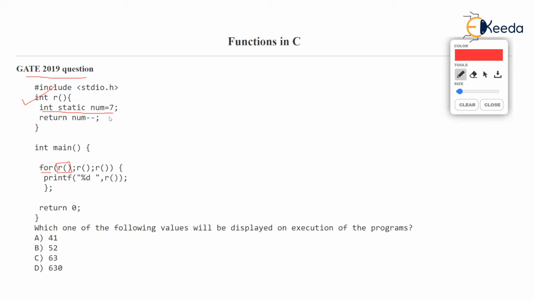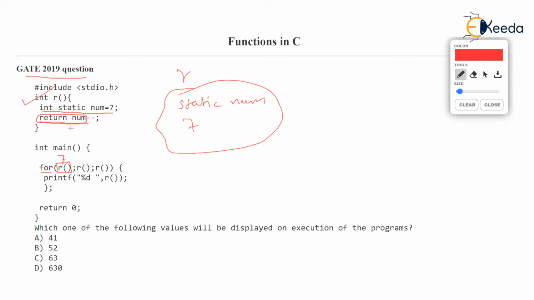But now here I am drawing a section of R, and in that there is a static variable called num, and num is 7. So the next line is return num--. Now, this -- over here is the postfix decrement, isn't it? So what that means is the function R will return num. This is the great way of reading it. It will return 7 back at the call. You know that the function always returns a value at the call. So the initialization part where we have called the R function is going to get 7 as the return value.